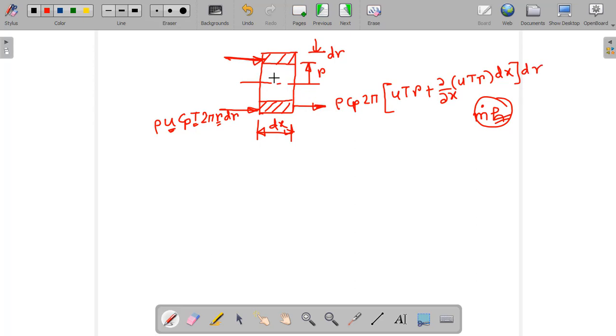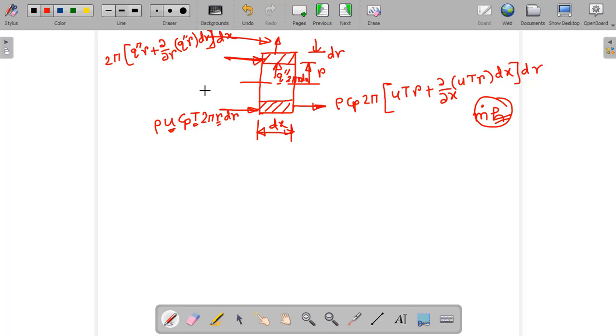And if you see the heat transfer in the radial direction, that is the conductive heat transfer in the radial direction, the heat flux is q double prime, and the area is 2 pi r dx. What is going out is q double prime, with r as the variable, so 2 pi you just take out, and q double prime into r plus del r of q double prime r into dr, multiplied by dx.